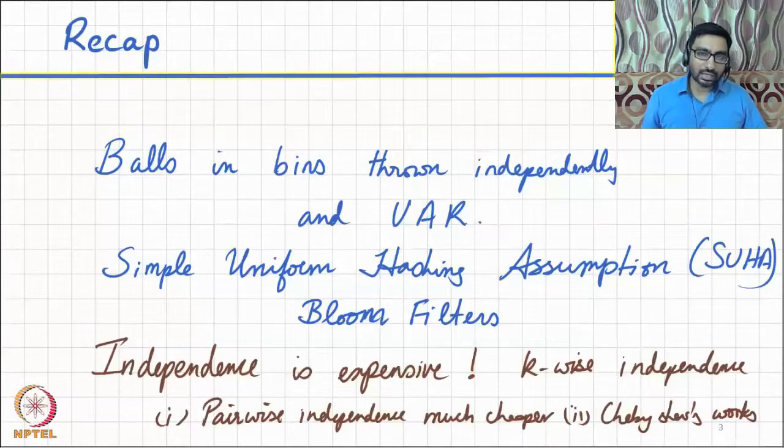We also looked at independence in the last lecture. In particular, we noticed that independence is somewhat expensive, but if we relax the notion of independence from mutual independence to some k-wise independence, then it's cheaper. In particular, we looked at ways to generate pairwise independent random bits and pairwise independent random numbers. And we also noticed that while limiting ourselves to pairwise independence, we didn't lose out too much. We were still able to employ, for example, the Chebyshev's inequality.